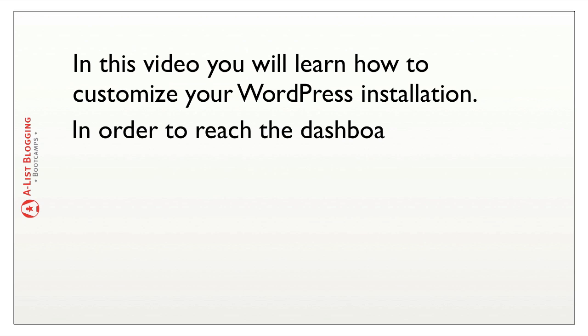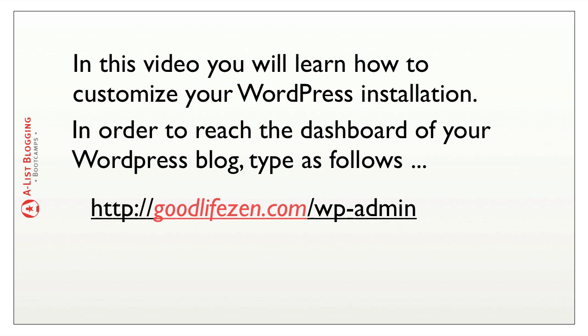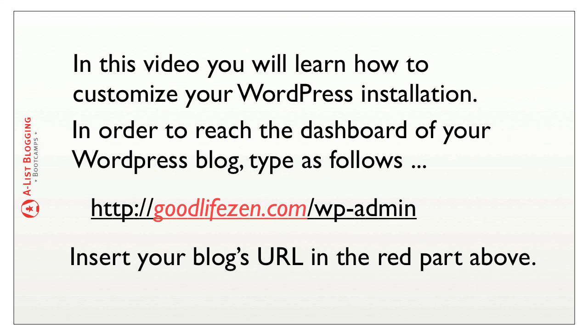In order to reach the dashboard of your WordPress blog, type in as follows. What you need to do here is to insert your blog's URL in the red part above. I've just used my own blog's name, but you need to put yours, whatever it is, in there. But in order to get to the dashboard, you always need to put in at the end